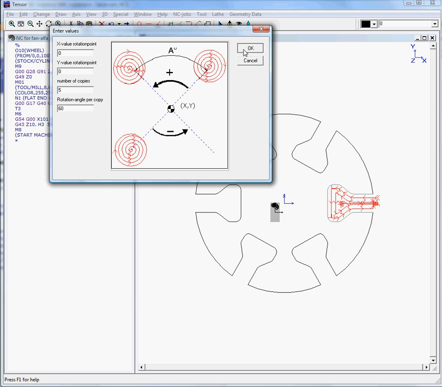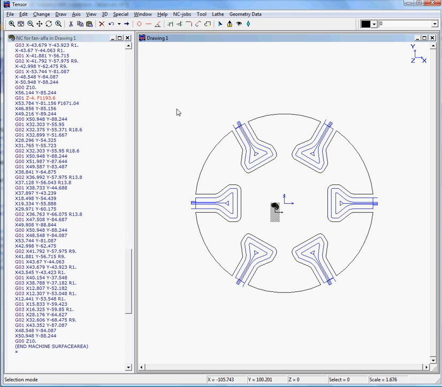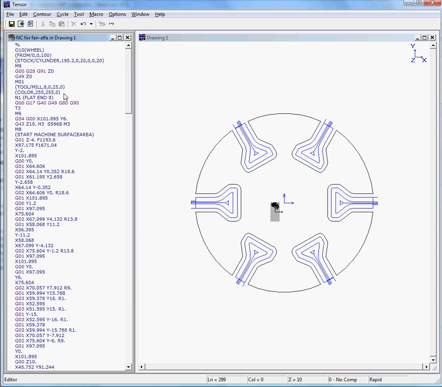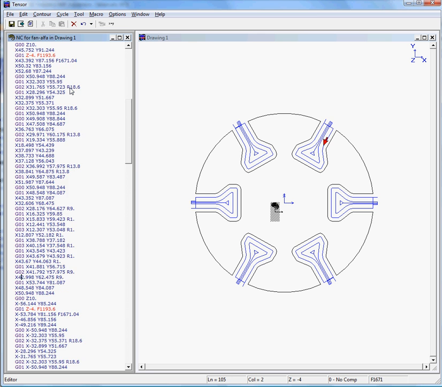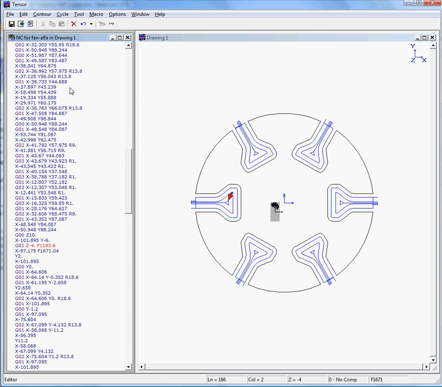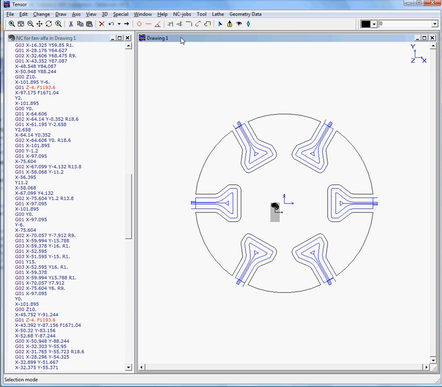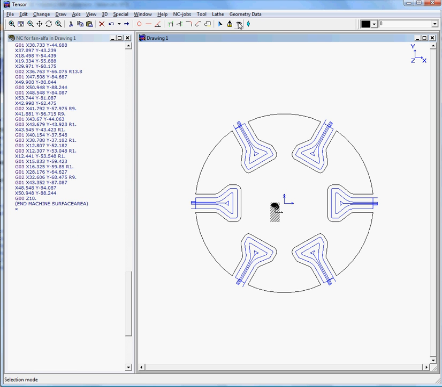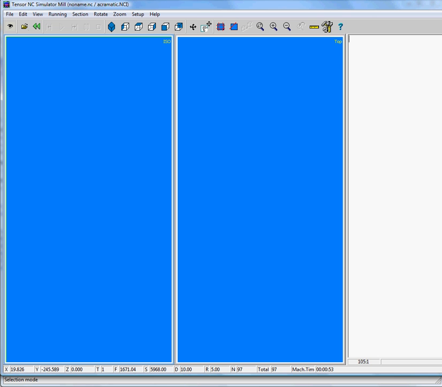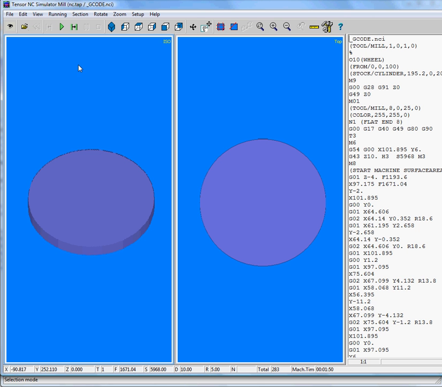We would like 5 copies, and each copy is 60 degrees. OK, so here we get 6 copies, and you can see in the NC program here our tool is loaded, and there's our first cutout, and you can see there are 6 cutouts generated. So if we would simulate this, we'll click on the eye, we'll move to the Tensor simulator and click on the eye, and here's our disk, and start simulating,